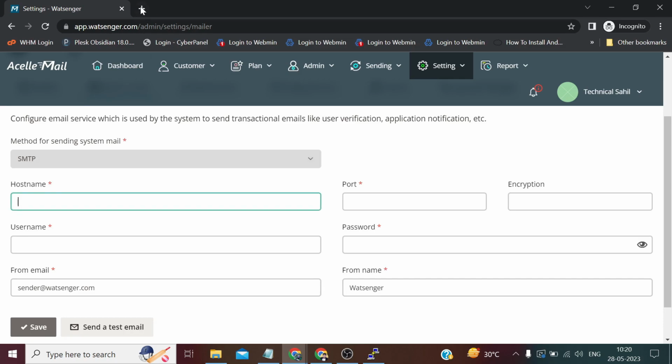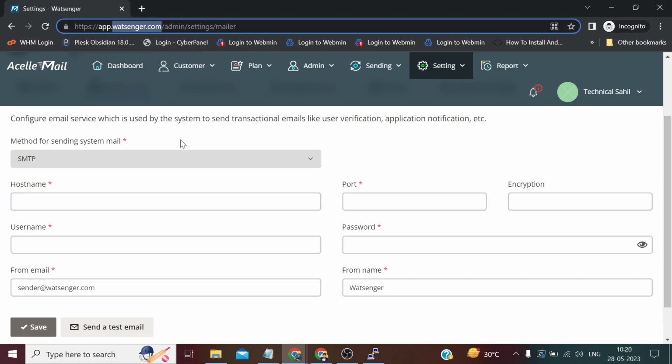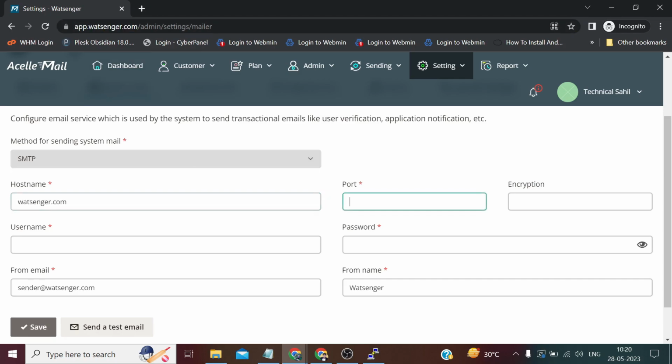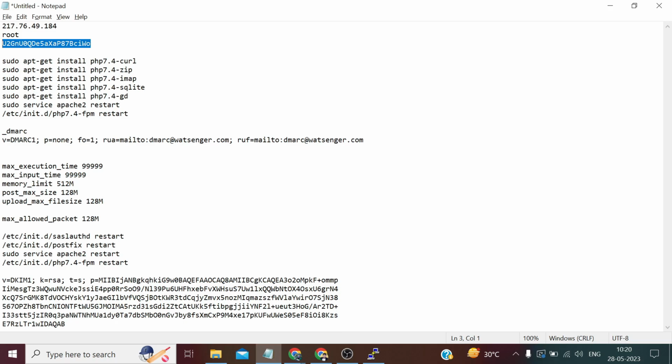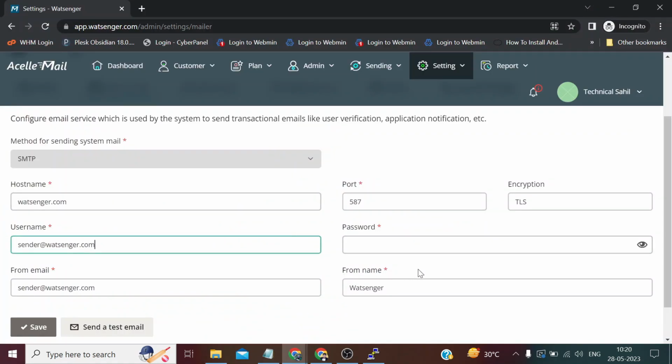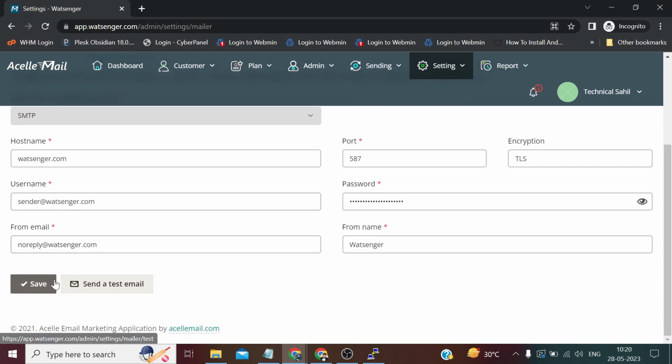Let me set this up. What's in here? Port number 587, TLS, username, sender at the rate, and password we will paste from here. And here we will change the from email, which is no reply. And if we save,